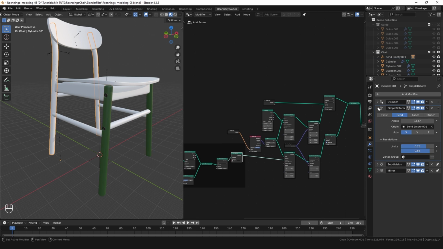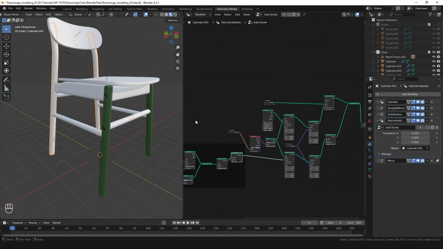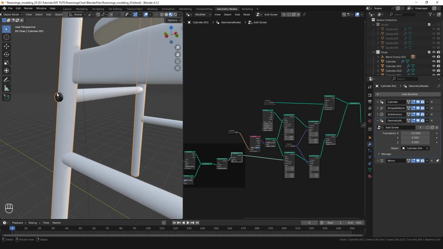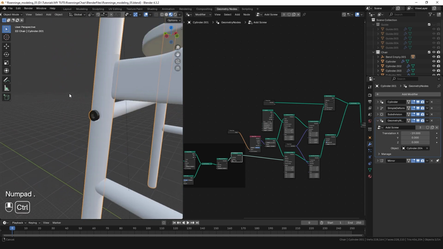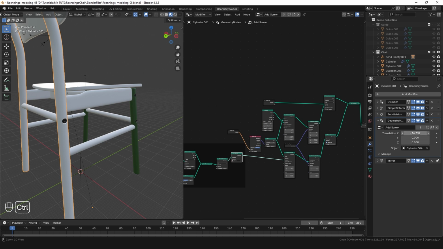To add it to the back leg, we first unpin the front leg geometry nodes, and in the modifiers list, we unpin the subdivision. So when we add the new geometry nodes, it will be created after the subdivision. So we pick the back stretcher, adjust the position, now the side apron. Let's copy this value,